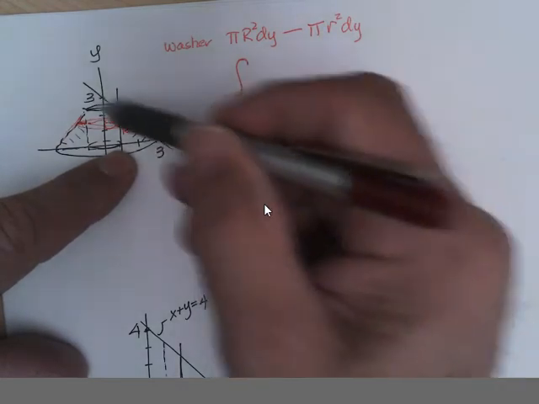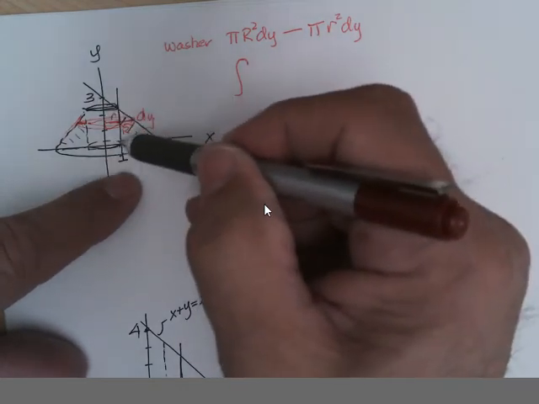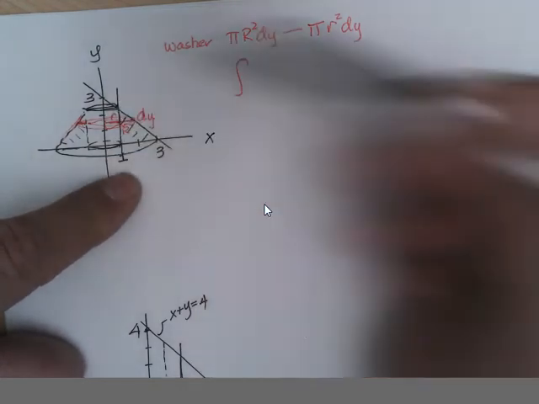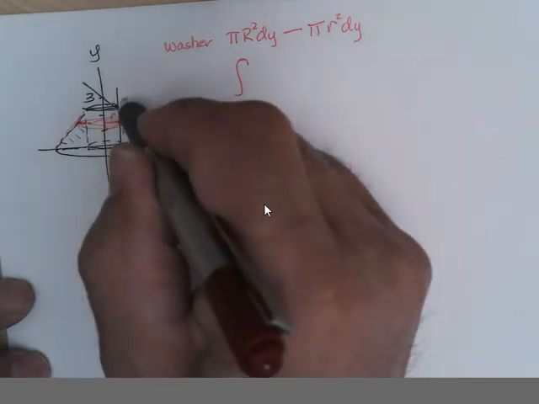If this is x plus y equals 3 and we move over 1, that's 2. This point is 1,